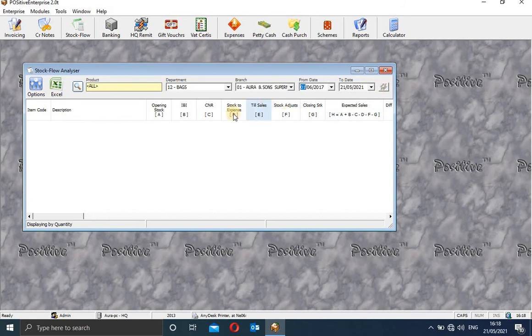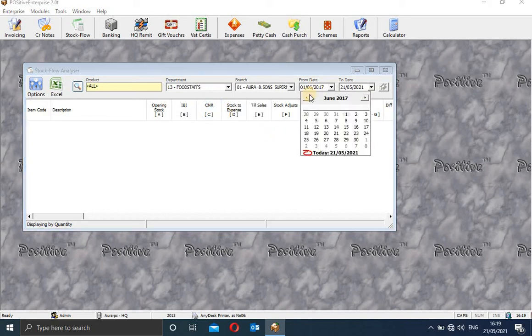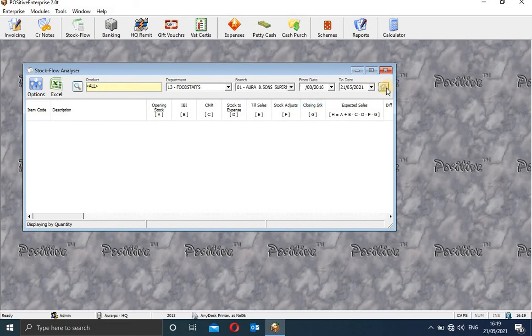If I do that, I don't have stock for this either. Let me see if I had stock for this one. This one also I still don't have stock. Let me see the product here. Let me see number 13. Simply I don't have stock here.